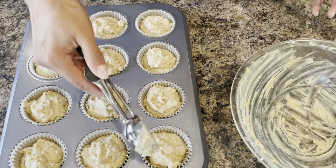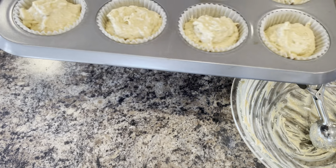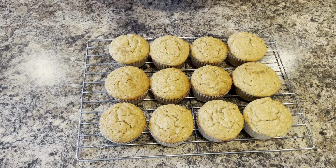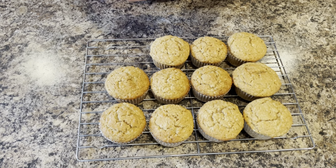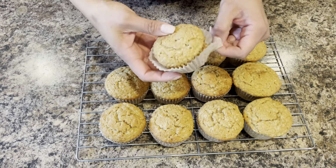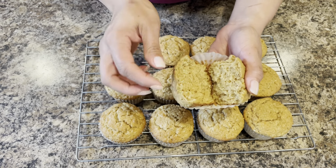Okay, now that I have all the muffin tins filled, I'm going to go ahead and pop these into the oven and I'll show you what they look like when they're done. Once the muffins came out of the oven, I put them onto this cooling rack, allowed them to cool completely. I wanted to show you the inside so you can see how nice and moist they are. They cook up perfectly,